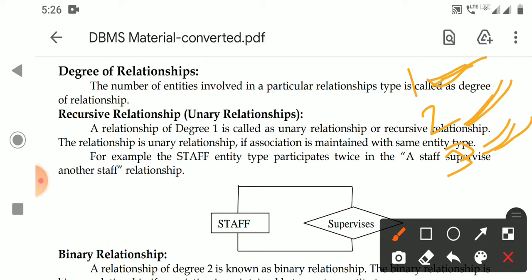Degree 1 means only one entity is there, degree 2 means two entities are there, degree 3